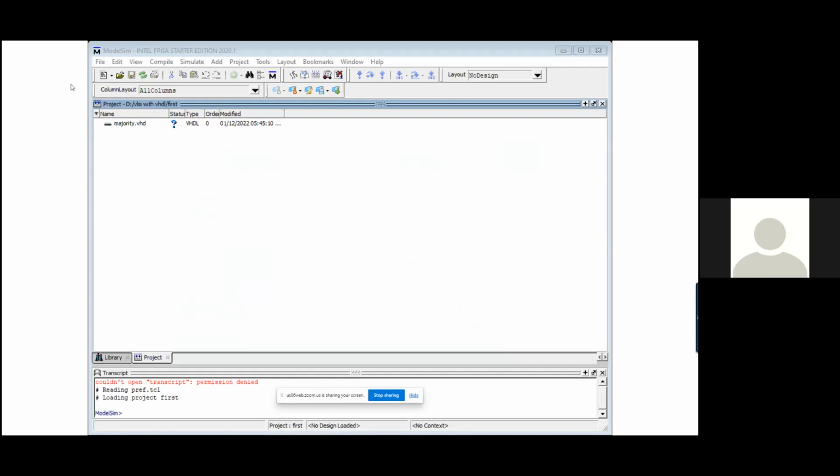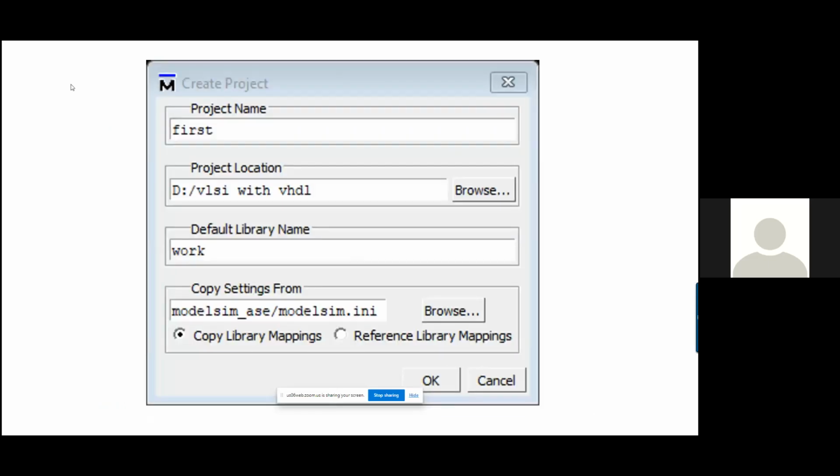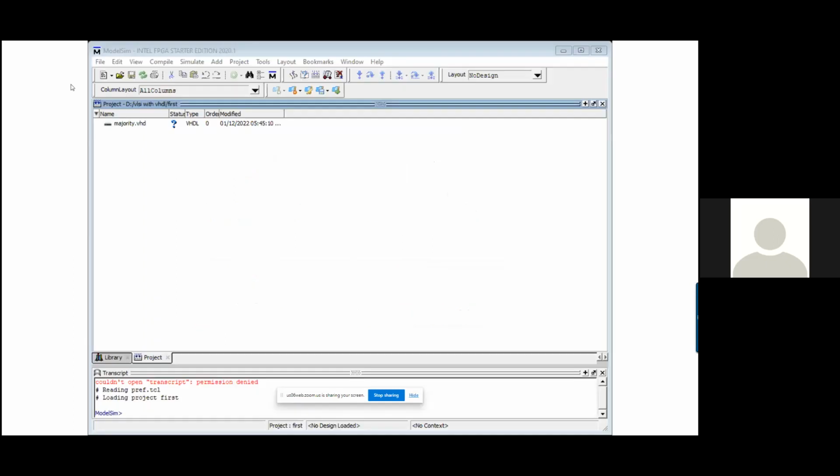Now once you close, another window comes in which 2 tabs are there. The first one is library and the second one is project. And here you observe that I am making the file majority. So it is created, but the status is a question mark.